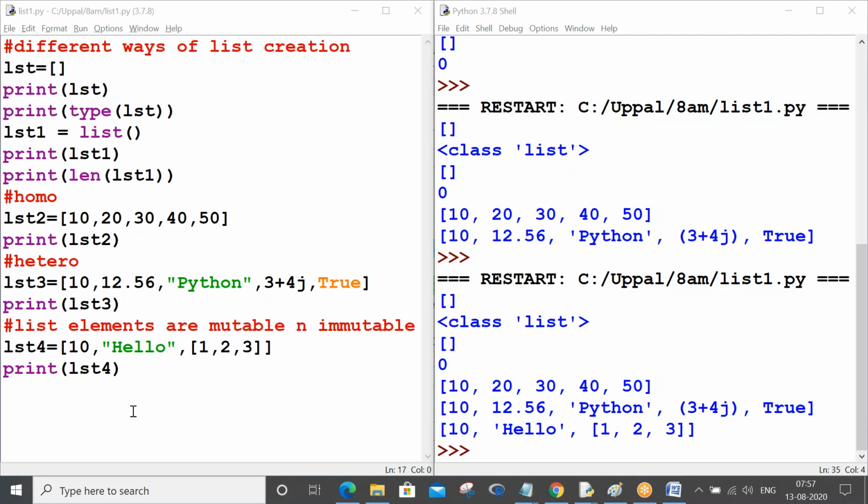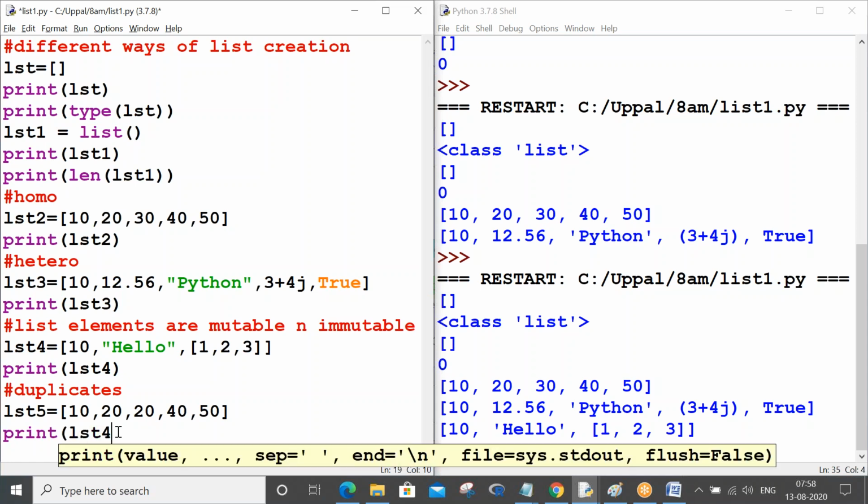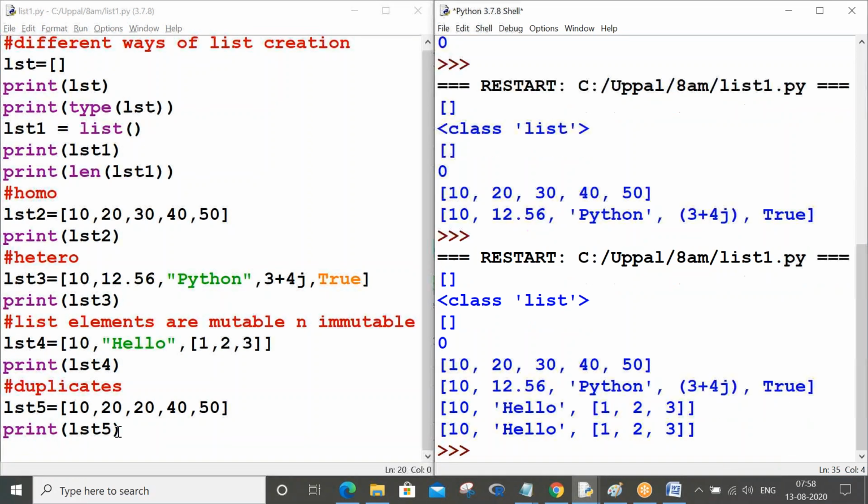Let me also show the duplicates point. I missed showing duplicates. So LST 5: 10 comma 20 comma 20 comma 30 comma 40. Now print LST 5. Control S, F5.